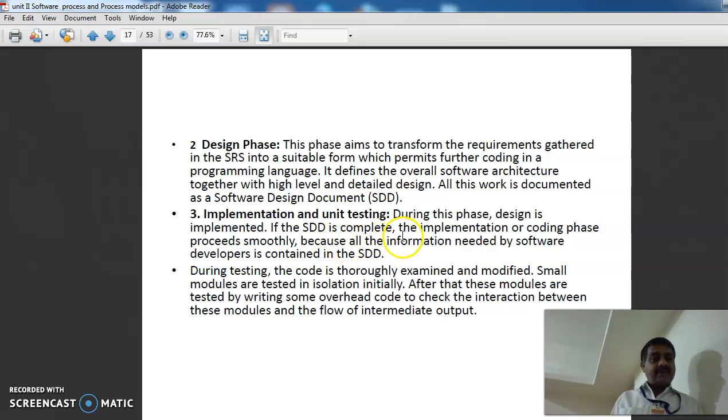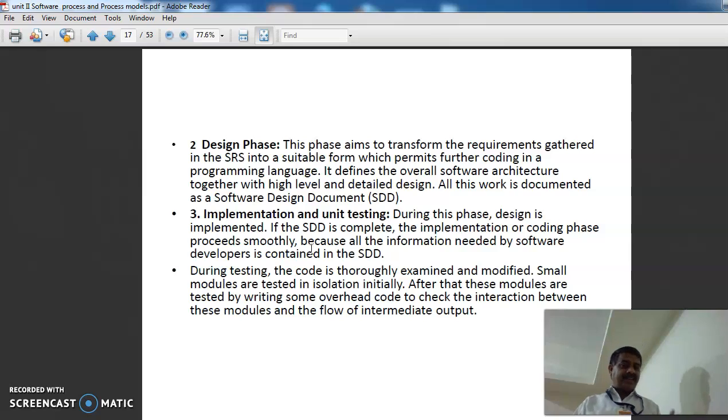If the SDD is complete, the implementation or coding phase proceeds smoothly, because all the information needed by software developers is contained in the SDD. During testing, the code is properly examined and modified. Coding is created there. If any error or bug occurs, then it is modified.